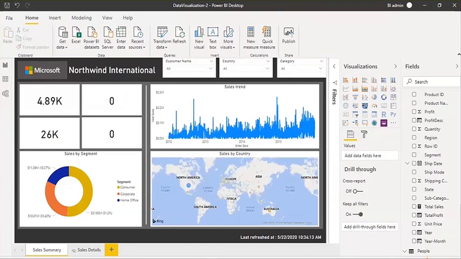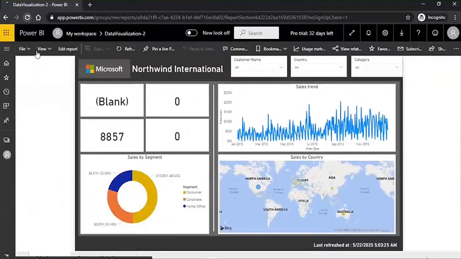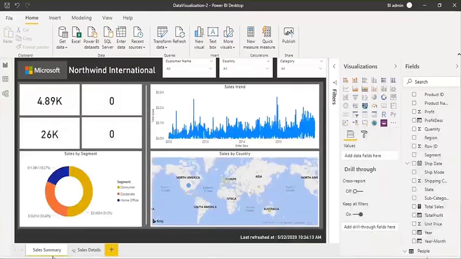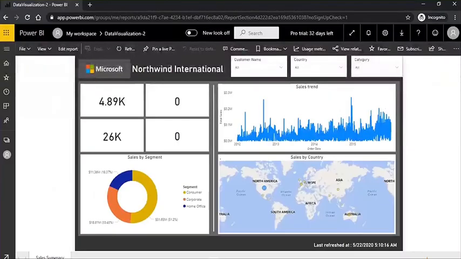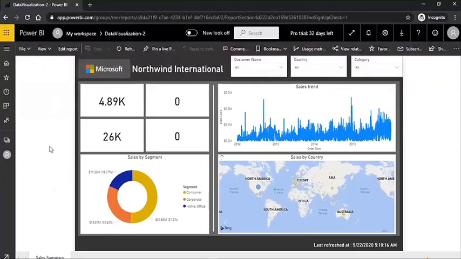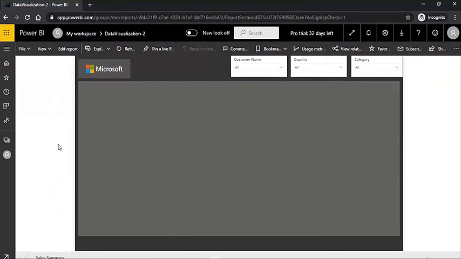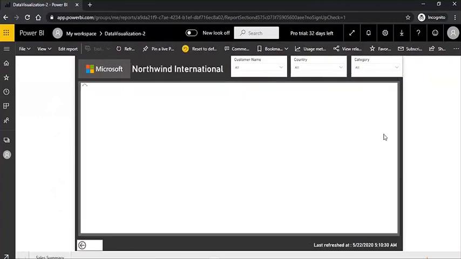Success. Now let's go to the Power BI service and refresh this page. Ideally in our report, we have two pages, but for the user, only one is visible. Now, if you see here, only one page is visible, sales summary. But if you want to see the detail or the other page data, then you can do that by just doing the right click, which means using the drill through functionality. You can see the sales details here like this.